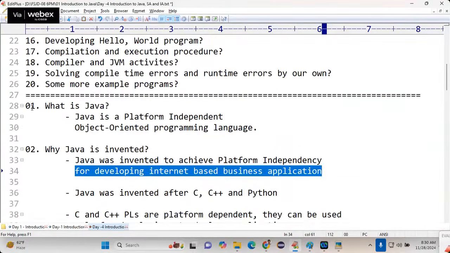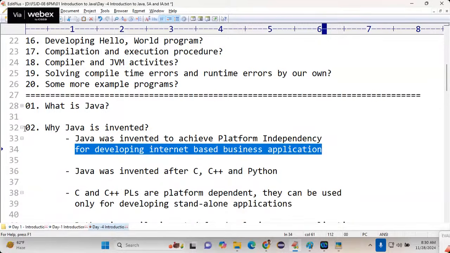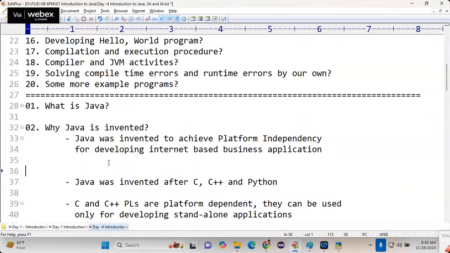It's sufficient. Tell me, what is Java? Java is a platform independent, object oriented programming language. Then why Java? Java was invented for achieving platform independency for developing internet based business applications. Is Java the first programming language? No. Now, third question, let me write the differences between